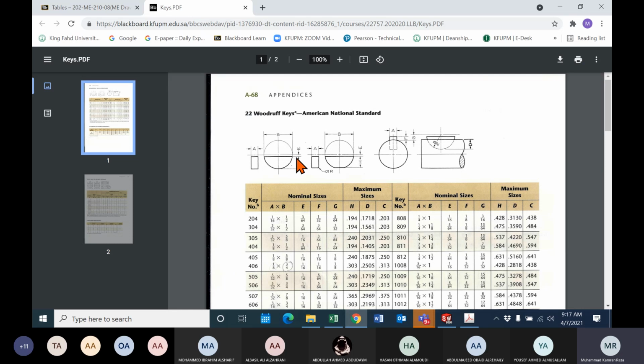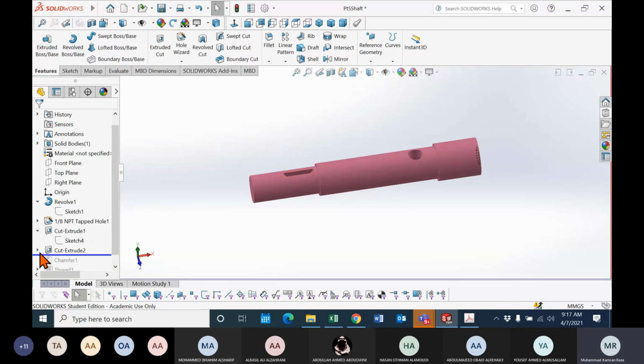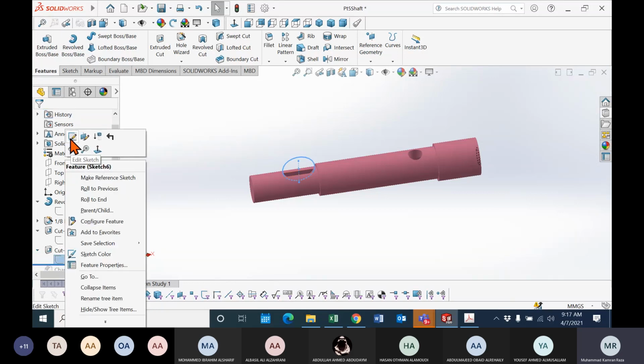Then what are this C and this E? All of them are given here in inches. This is for the key, and this is the dimension for the key seat that is inside the shaft. So this should be half of B, B/2, and this distance from here to here is G. G is basically 1/8 inches. So we need basically these two dimensions, B/2 and G. By knowing them, we can make a simple sketch.